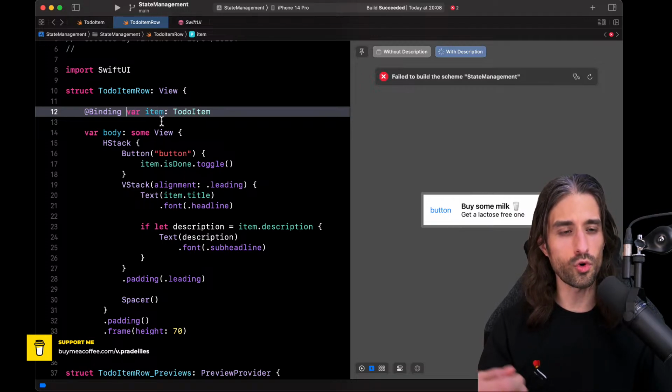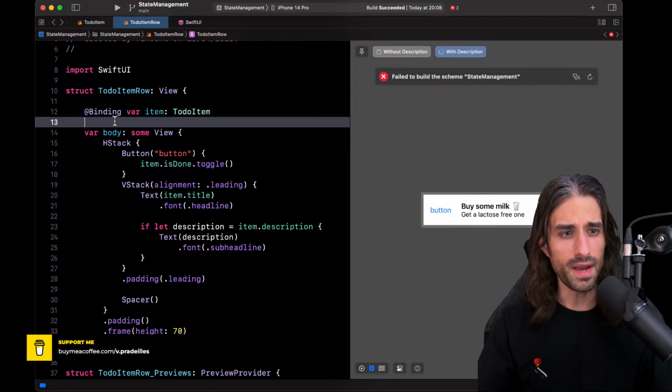It will be able to read from this data. It will be able to write to this data. The view will update when new data is written. However, to-do item row will not own the to-do item. The to-do item will be owned by its parent view, or one of its ancestor views, that will pass a binding to that piece of data.